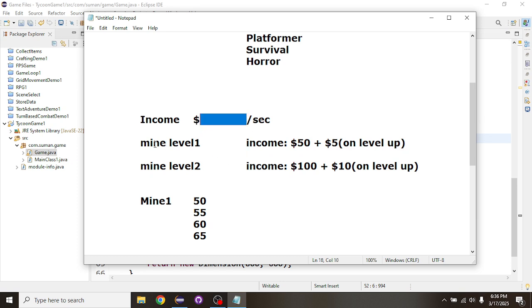So if I say I have opened a level 1 mine, then the income of the level 1 mine is 50 plus whatever level up you are on. That will be generated, that will be added into this income here. How do I do that? Basically, to see if the mine is opened or still not opened, we have to use a